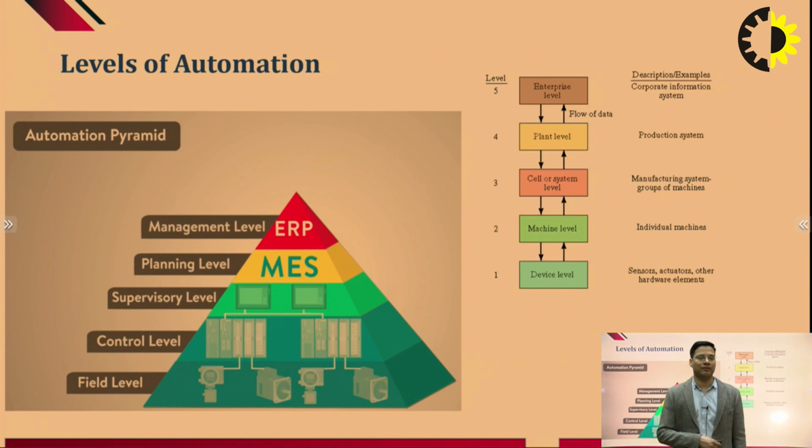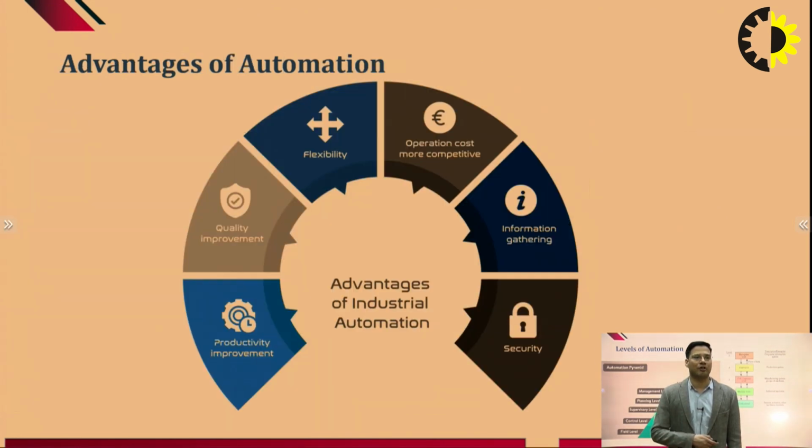Okay. So when there is a group of machines working together, and all these machines in groups are controlled or implemented in any vicinity or environment, then it is known as plant level automation, wherein the flow of data being exchanged into the upper level is known as enterprise level. An example of enterprise level is corporate information, like the planning being done with the board of members. So whenever the critical information is required, this is known as enterprise level of automation.